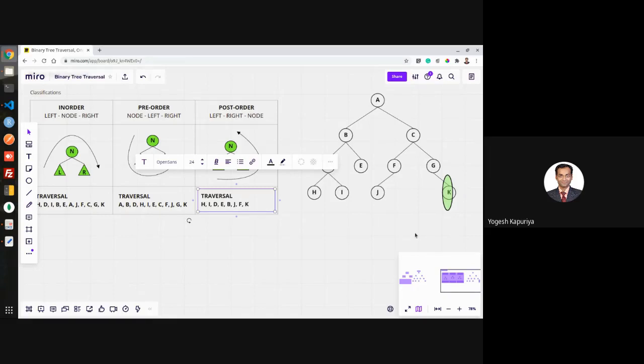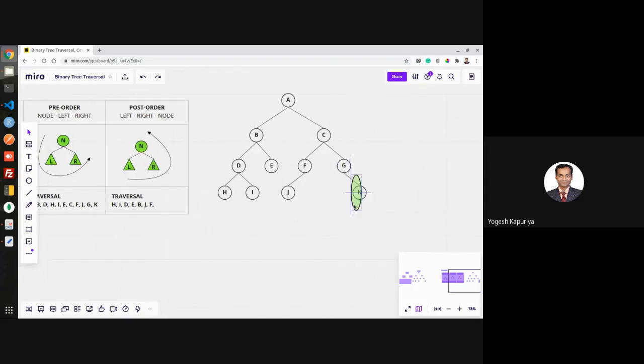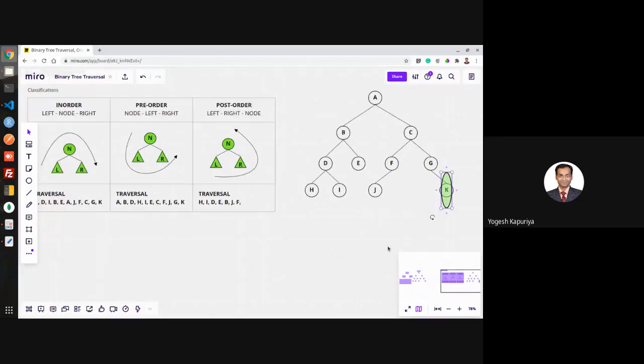Okay, so you come here, and there is something on the right of G. But I should not write K just now. What I should check first is the left of K. Is there anything on the left of K? No, so null. Right of K, null. Then you print the node value. So that's why now I will print K. So that means left done, right done. So next is G.